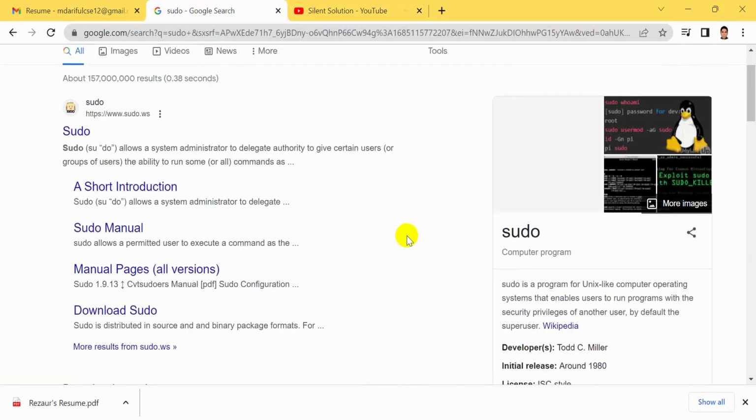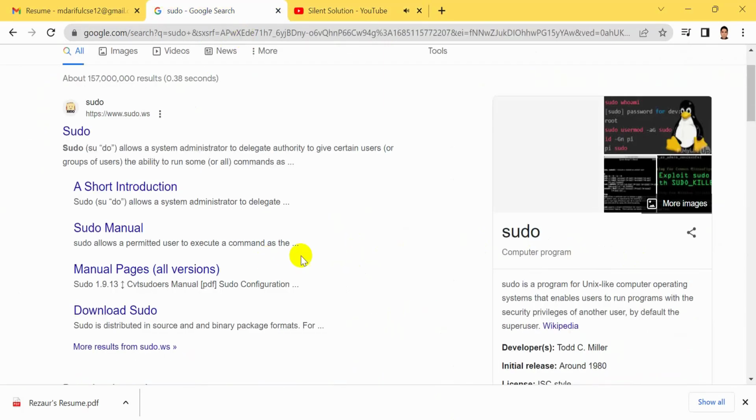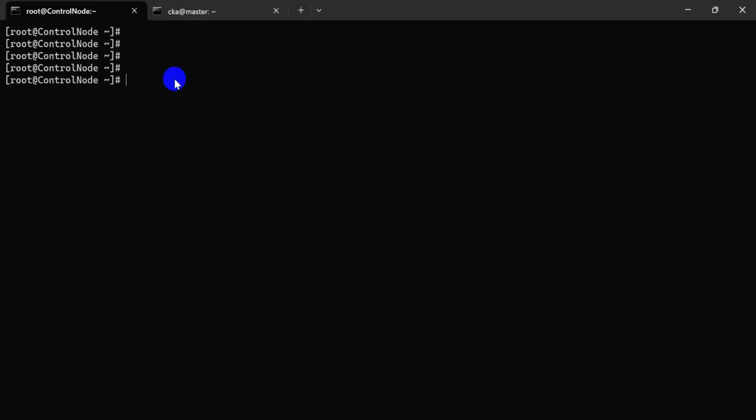So far, a sudo user is a software user. It allows the system administrator to delegate authority to certain users and groups. Let's go. First of all, here we create